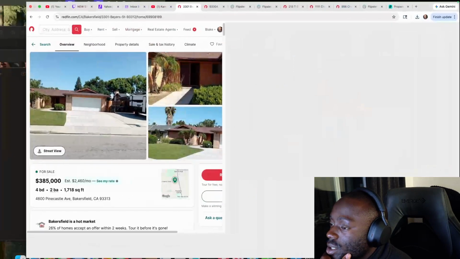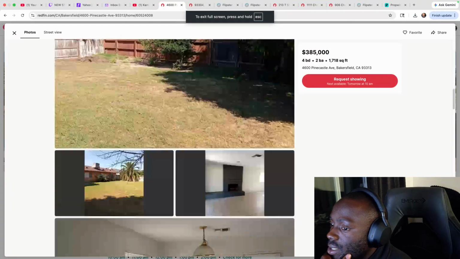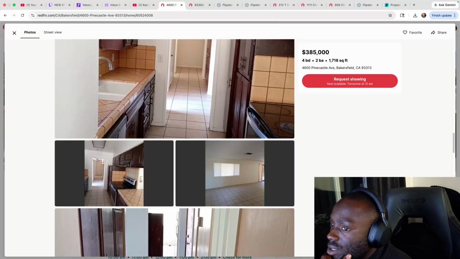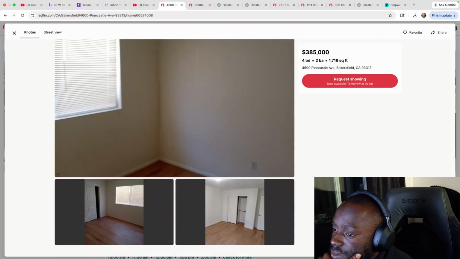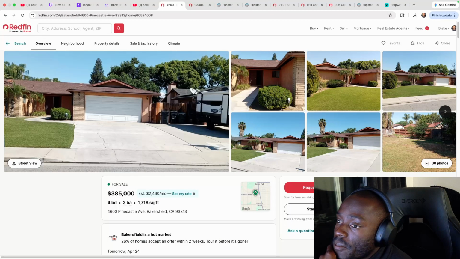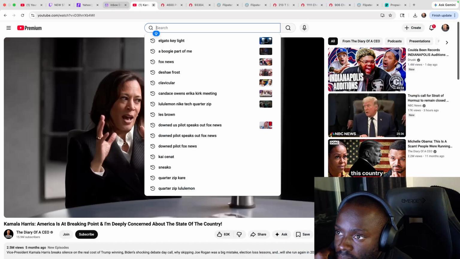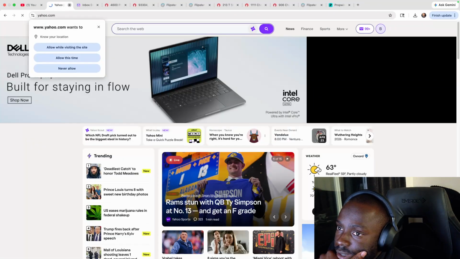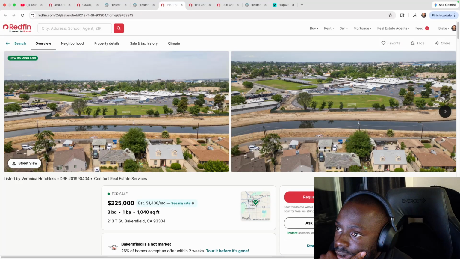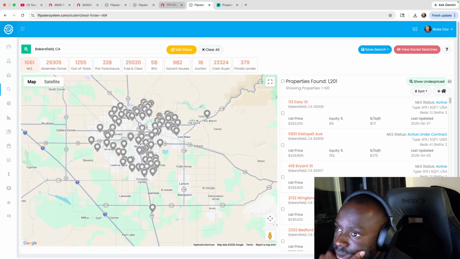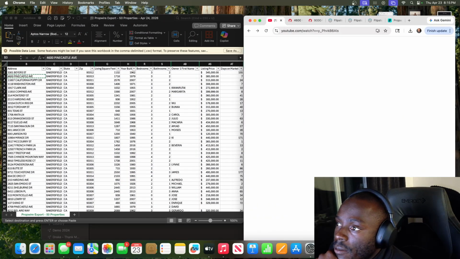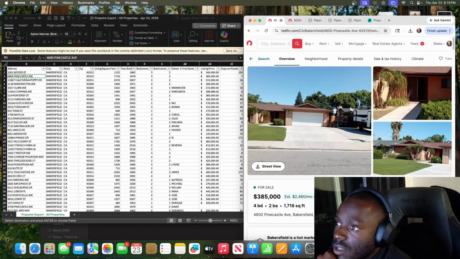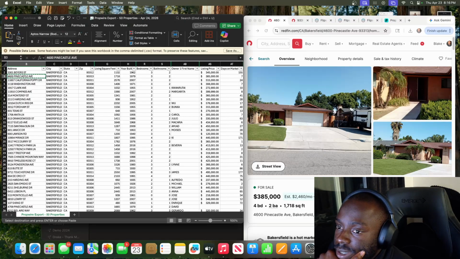So this list could be a list of homes that's not even needing fixes. This one's going for 385. We've got to clean these tabs up just a little bit. This is gone. This we don't need. This we don't need. And that we're temporarily using. This we don't need right now. And let's go to the next one.